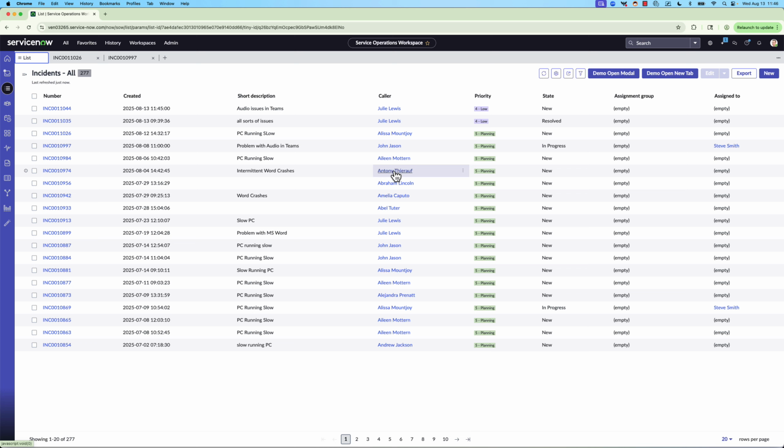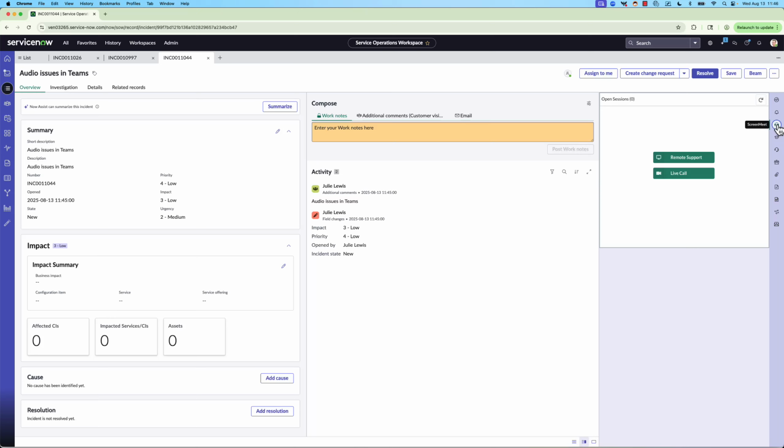So let's switch focus now to the Service Operations workspace and our help desk agent, Steve. And as you can see in the queue here, we've got the issue that Julie raised. So we'll go into our incident and we'll start a ScreenMeet session. Now, as you can see, ScreenMeet is over here on the side panel. So we'll start the session. We're going to start with remote control. You also have options to start with admin and record the session, but we just want remote control for this